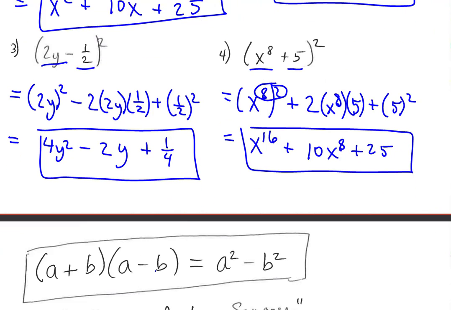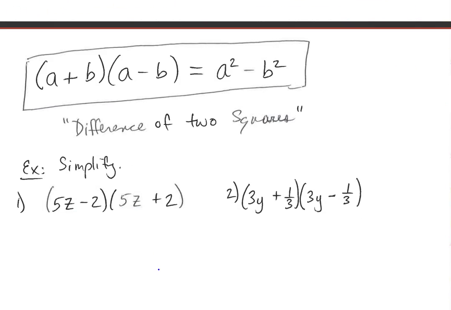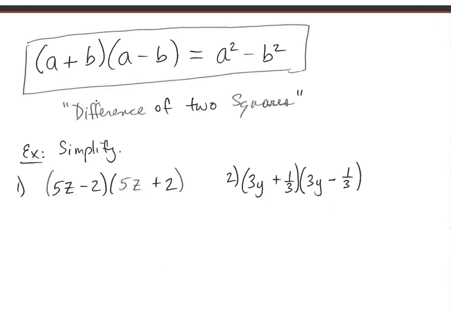There's one more special form we want to discuss in this video, and that is what's called a difference of two squares. So what we just did previously was called the perfect square, as you recall. This new form is called a difference of two squares. Now, the way it works is you could start on either side, but if you ended up with (a plus b) in parentheses times (a minus b) in parentheses,